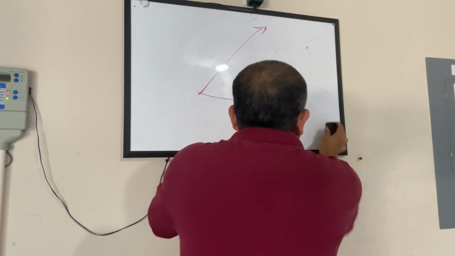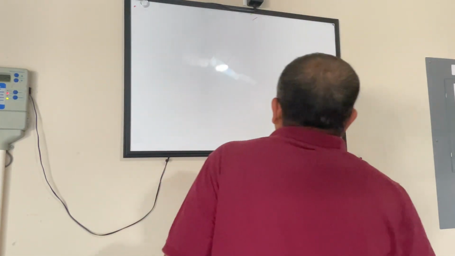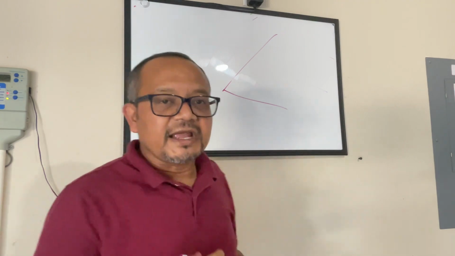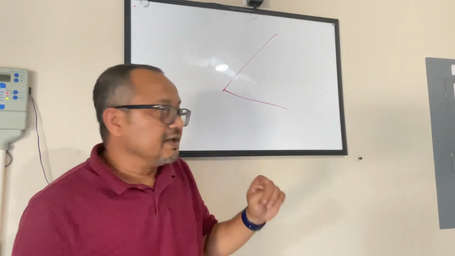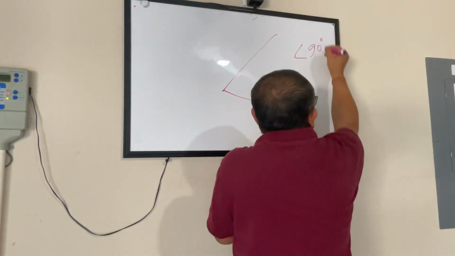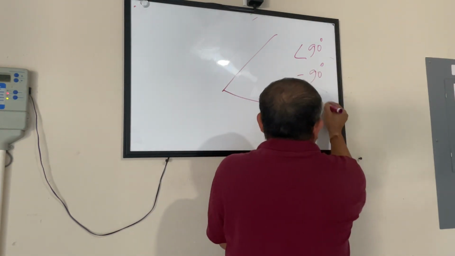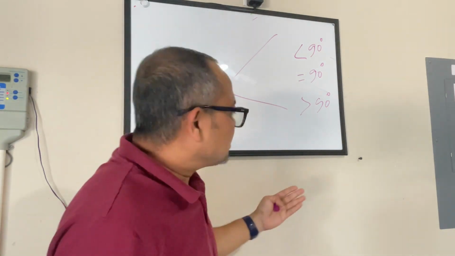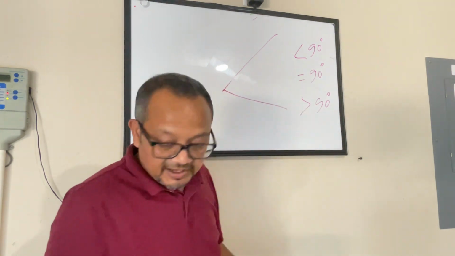All right. Now, an angle is nothing but a way to represent how two lines or line segments are connected or related to each other, how inclined they are. There are different scenarios that we come across. One scenario is when this is less than 90 degrees, when it is equal to 90 degrees, when it is more than 90 degrees. Now, so far we have not talked about degrees, and I am kind of jumping to this. But